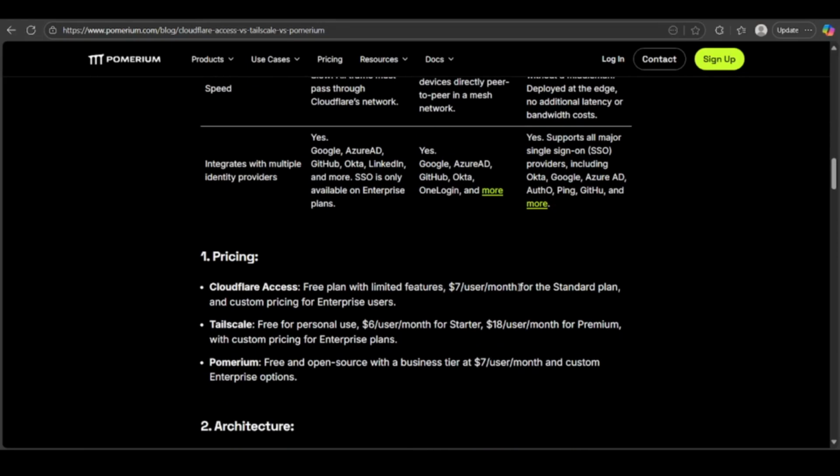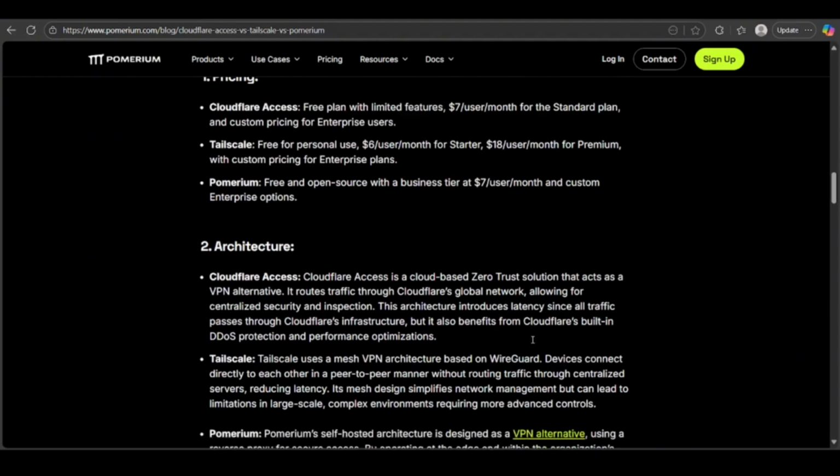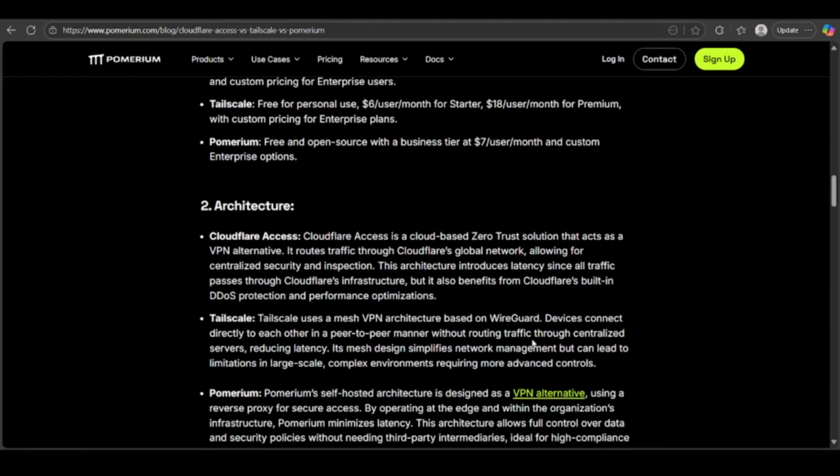Moreover, if we go into a further detailed analysis, as I mentioned before for the pricing, I discussed the pricing above. If you talk about the architecture, Cloudflare Access is a cloud-based zero-trust solution that acts as a VPN alternative. It routes traffic through Cloudflare's global network, allowing for centralized security and inspection. This architecture introduces latency since all traffic passes through Cloudflare's infrastructure, but it also benefits from Cloudflare's built-in DDoS protection